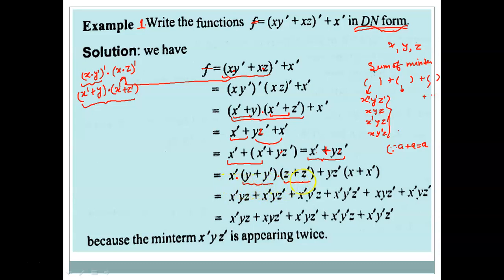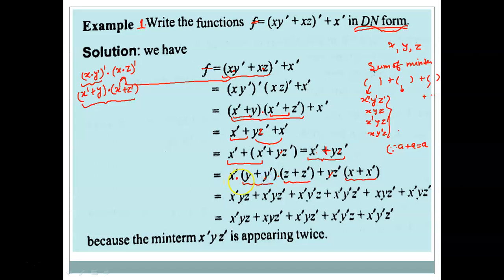Now you can see that at this step we have introduced the other two variables, and similarly here we require the third variable x, so I can write here x plus x complement. Now we need to further simplify it. What we have: you multiply this x complement, multiply means we are applying the dot operation in fact, so x dot y plus x dot y complement.